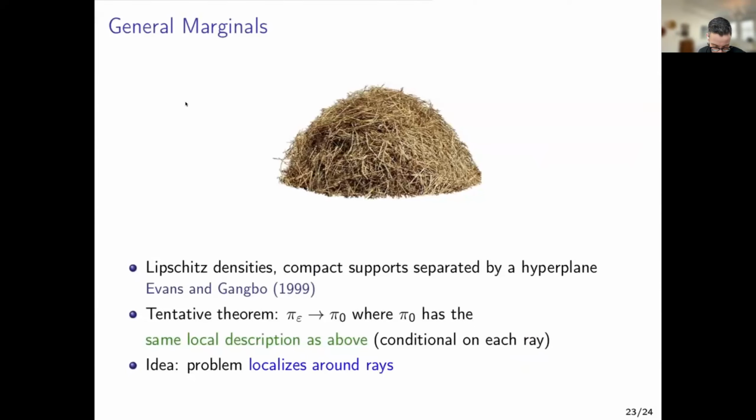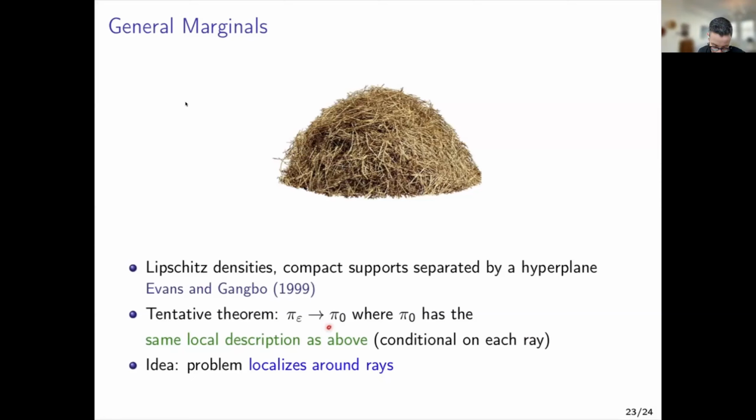Okay, so the setup we're using is inspired by a paper of Evans and Gangbo. We're using Lipschitz marginal densities, compact supports. For the moment, we take them to be non-intersecting, which makes some technical things a bit easier. We actually separate them by a hyperplane because this gives us a nice parametrization of the transport rays. Maybe we can remove some of those conditions towards the end, but the tentative theorem for now is that pi